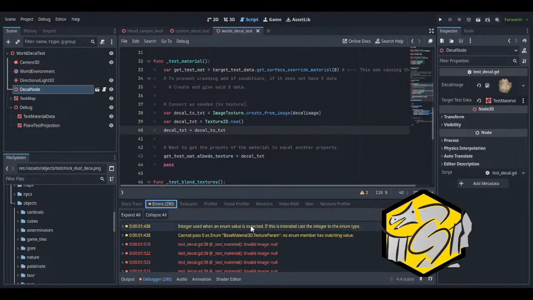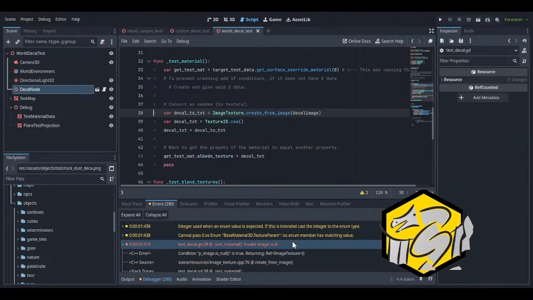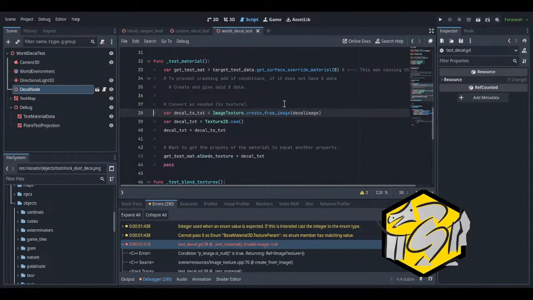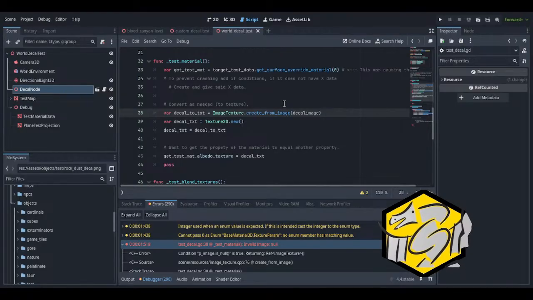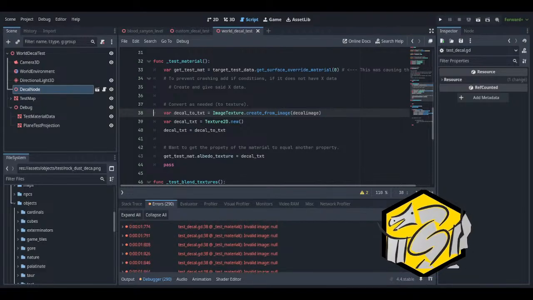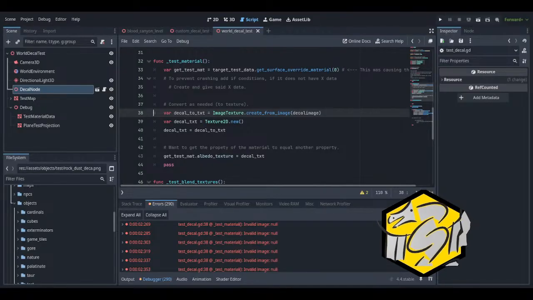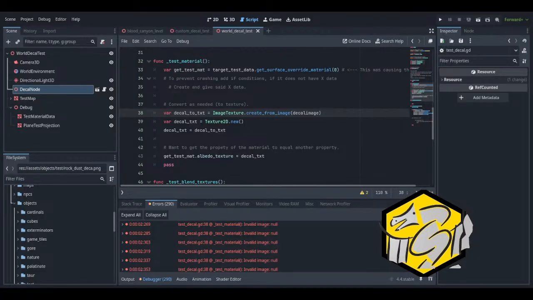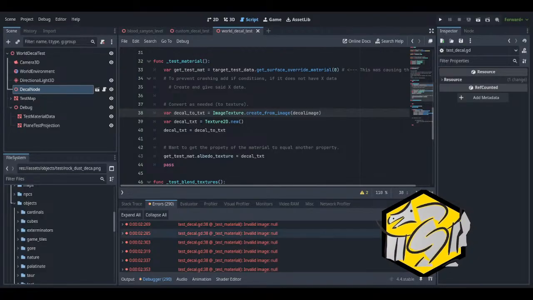Error. This is an invalid image. Null. Okay. Interesting.